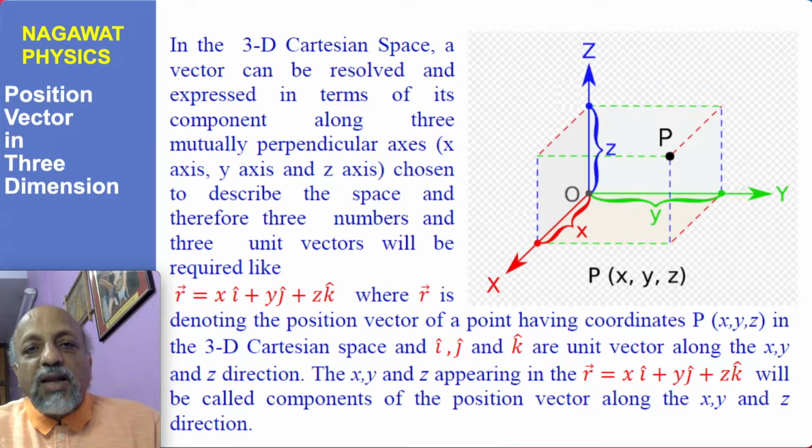To describe the kinematics of a particle in 3 dimension, we have to describe the 3-dimensional Cartesian space, and for that we will have to make a choice of x, y and z axes and the unit vectors along the x, y and z directions as described earlier. Any point can be taken as origin and any direction can be taken as x-axis. Since we are adopting right-handed coordinate systems in our discussion as a convention,